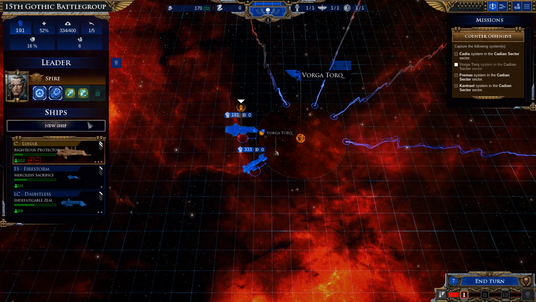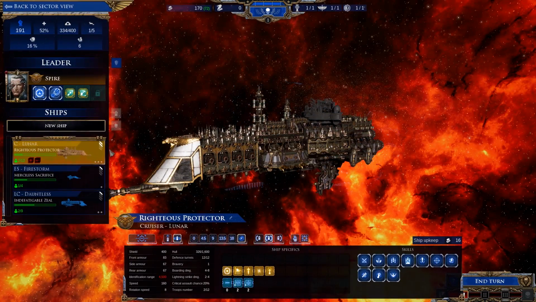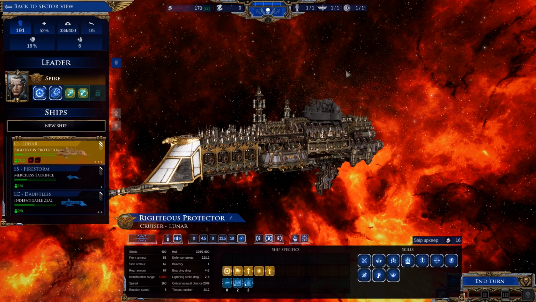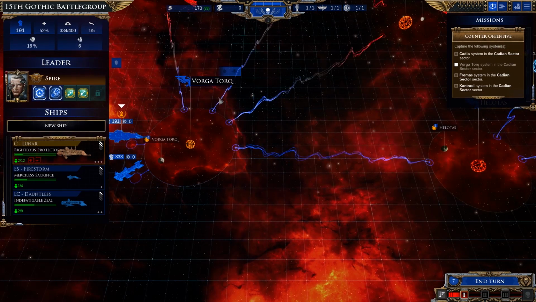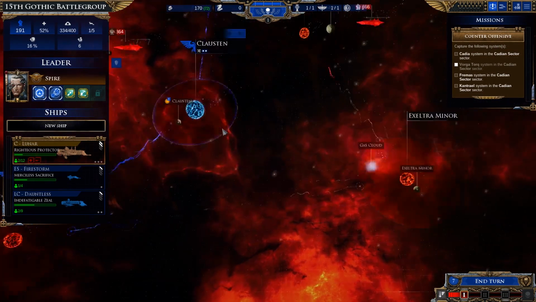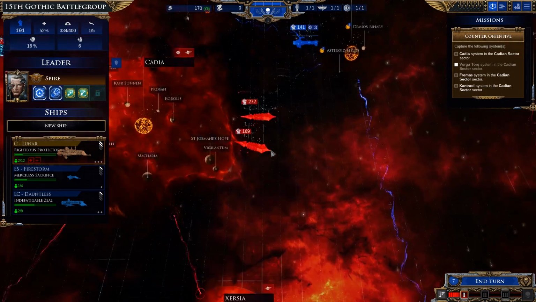Yeah, that's going to take a long time to recover. Wonder if we have the fast repair option available here. No, we don't. Oh, that's a shame. I would have spent some points to repair my ships. Alright, so if we can't do that...